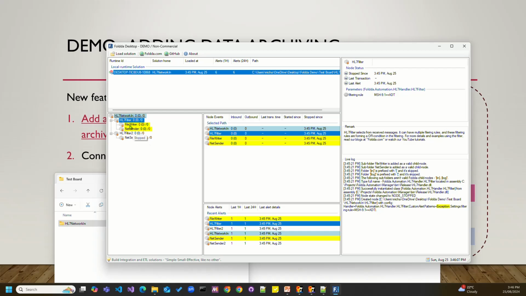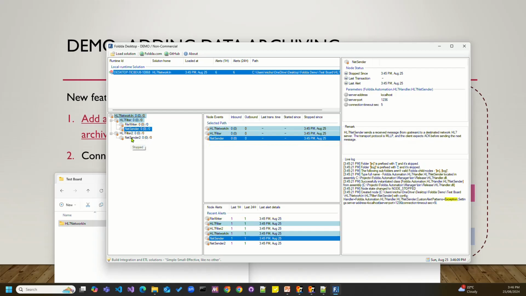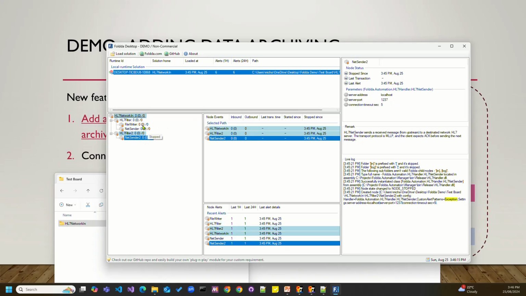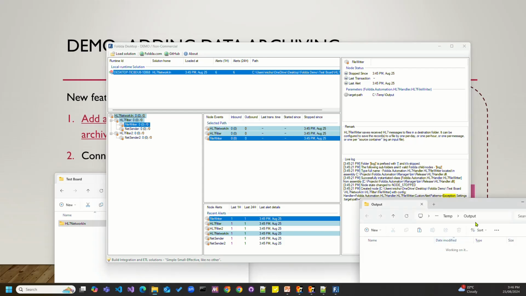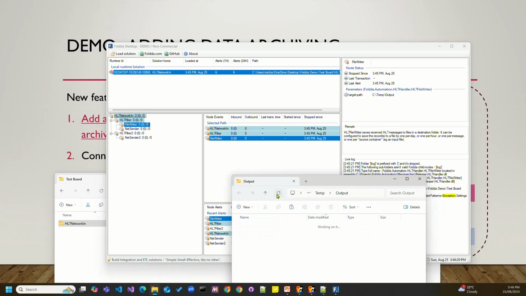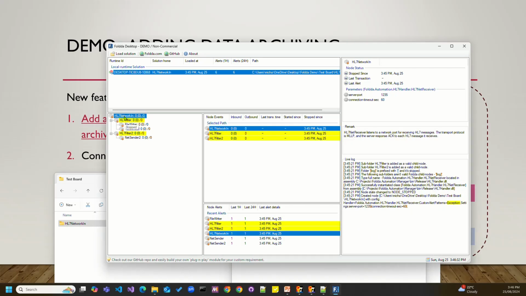More specifically, I know the network sender will most likely work because we know that listening works from other experiments. So in this exercise, I want to see the file saving. At the moment, if we look at the destination folder, there's no file in there, right? So if I start our project,